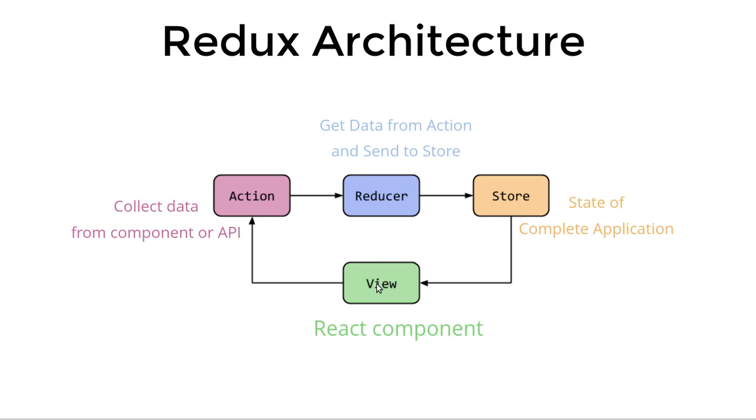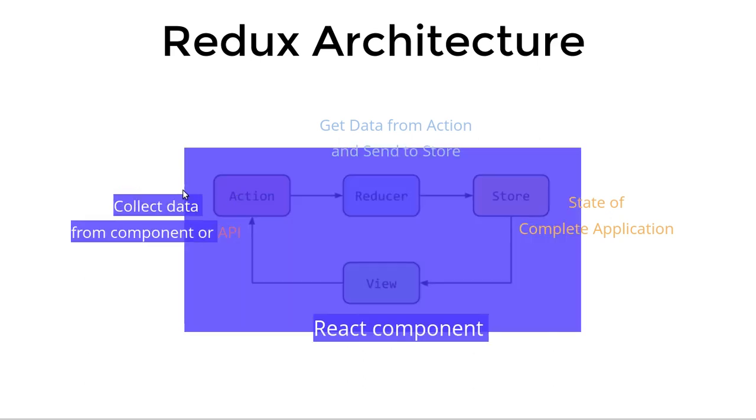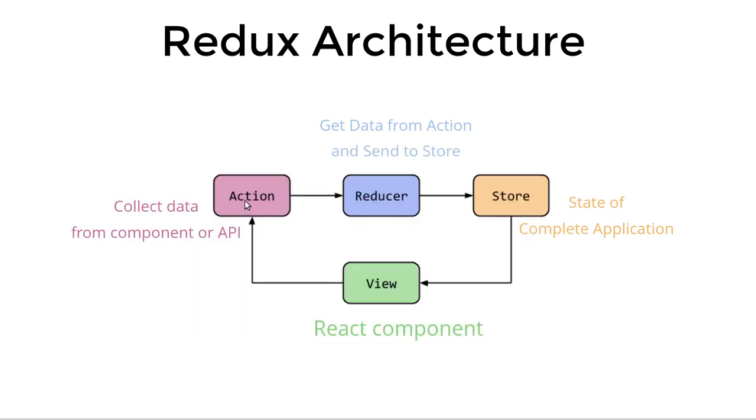And sometimes we search for something and we want this search result to come from the API, then we call these APIs in the action, right? Then the action will send this collected data to the reducer. The reducer basically